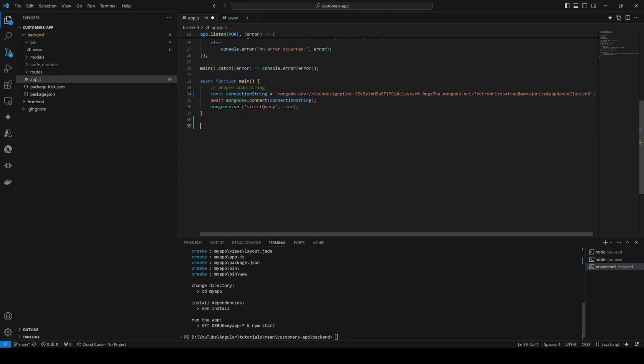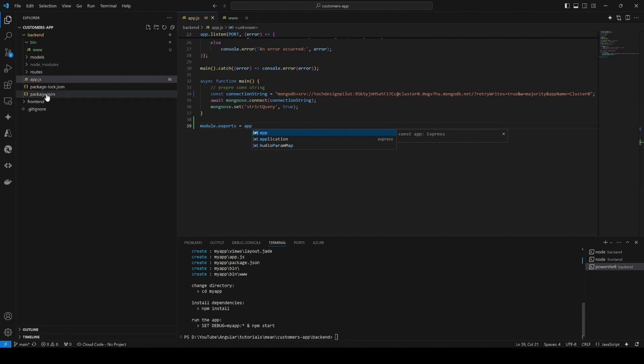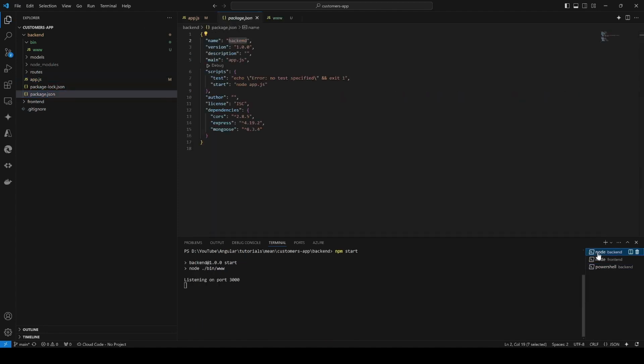So we're just going to say module.exports and export the application. So it's module.exports equal to our app. That's it. Now we need to change the package.json. First we need to stop the running server,